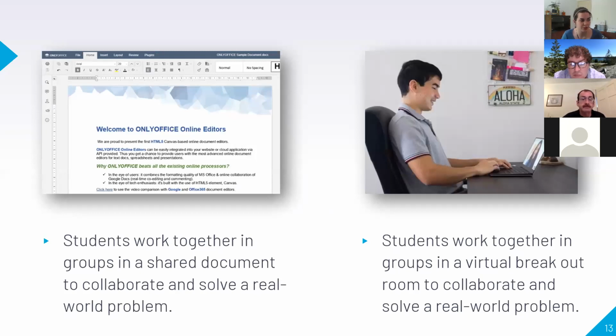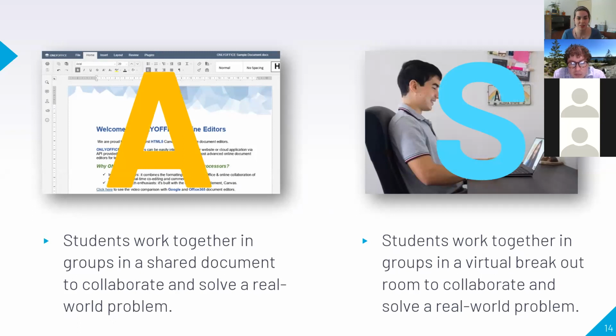Students work together in groups in a shared document to collaborate and solve a real-world problem. Or students work together in groups in a virtual breakout room to collaborate and solve a real-world problem. I really like this example because the outcome is exactly the same. It's just the method that is used to achieve that outcome. So you can see clearly that both of these methods would work very well with the right facilitation, but one's asynchronous and one is synchronous. So there's all sorts of ways that you can incorporate both types of learning into your